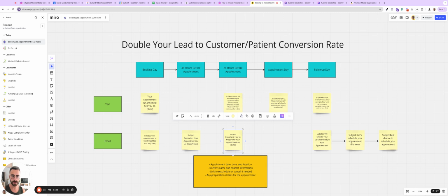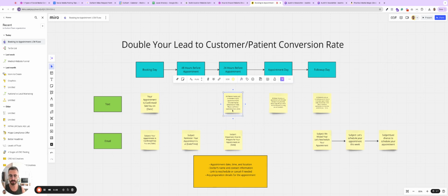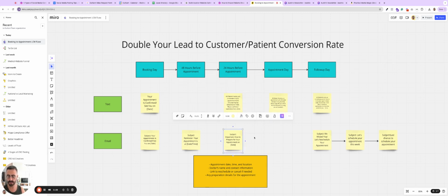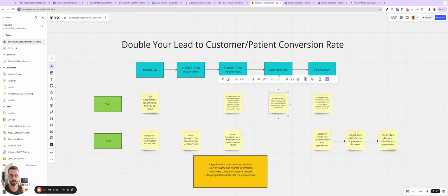So you have to tell them how to prepare. That's a little too challenging to do in a text message, right? It could be really long. And so I like to send that in an email format. And then on the appointment day, I just send an email. I send a text. You can send both if you want, but I generally recommend to clients just to send